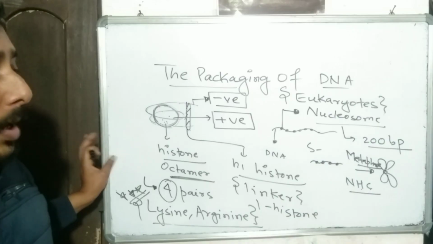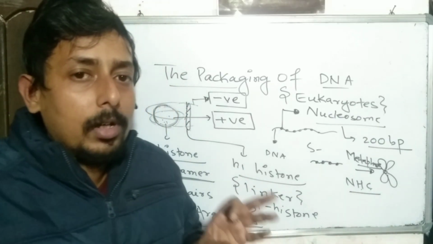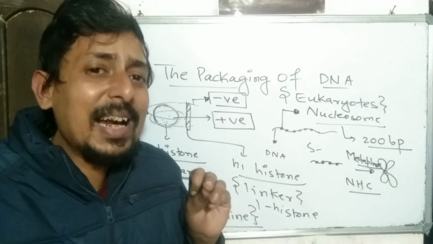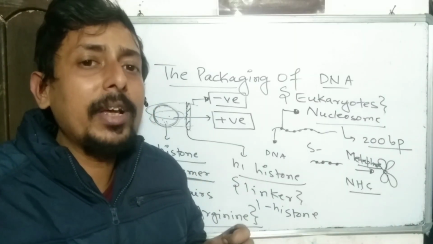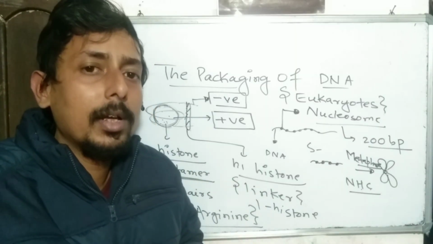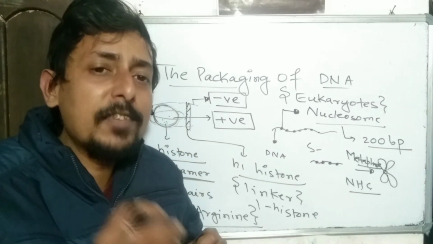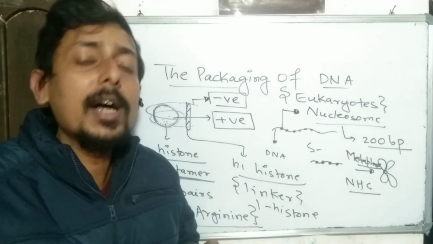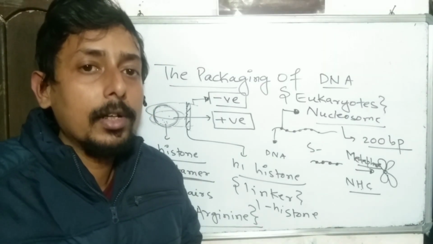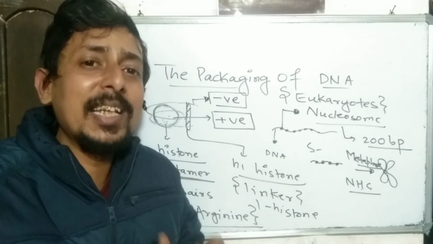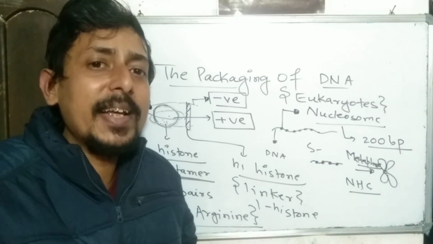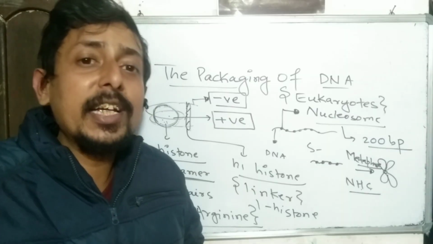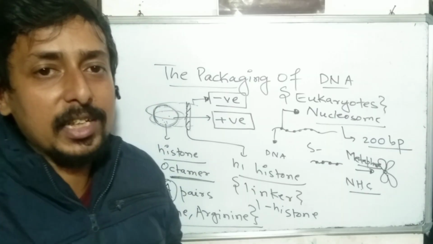Now, when the chromosome is present and we stain the chromosome, certain areas of the chromosome are lightly stained. That means when you see it in the microscope, you cannot see it properly. The stain is very light. But at certain areas, the stain is very tightly bound to the DNA. You can see it clearly. The question comes, why is this staining difference there? Why are certain areas lightly stained? Why are certain areas darkly stained? Why is this differentiation there?